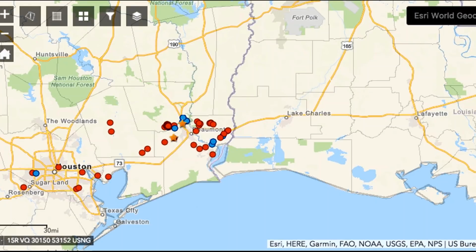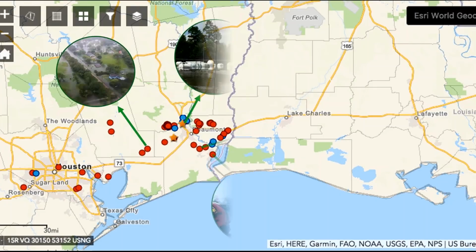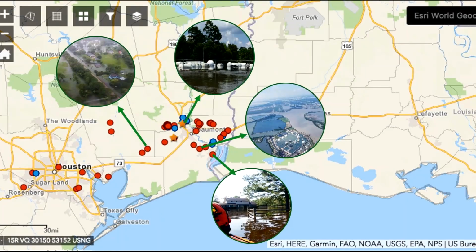Now understand, too, these apps work with no connectivity. So if you're in an area that's been impacted and you've lost your broadband infrastructure, you can still do the collections. Then once you get back to some kind of connectivity, whether it's Wi-Fi or broadband, the data will upload and then be visualized on the map. So Jeff, can you describe how they were using this data?